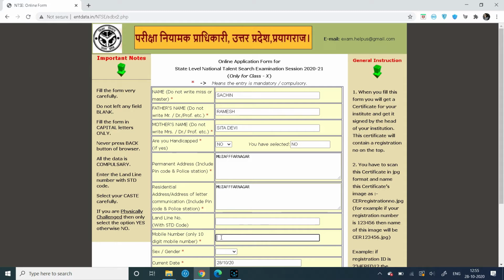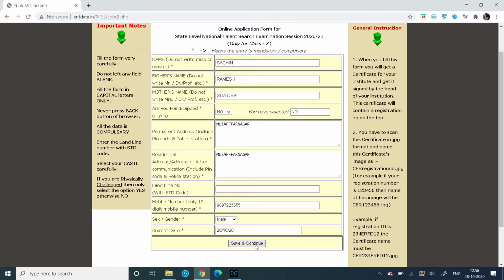If your mobile number is 9897223355, then in the next column you will fill your gender. If you are a boy, then select male. If you are a girl, then select female. Then click save and continue.